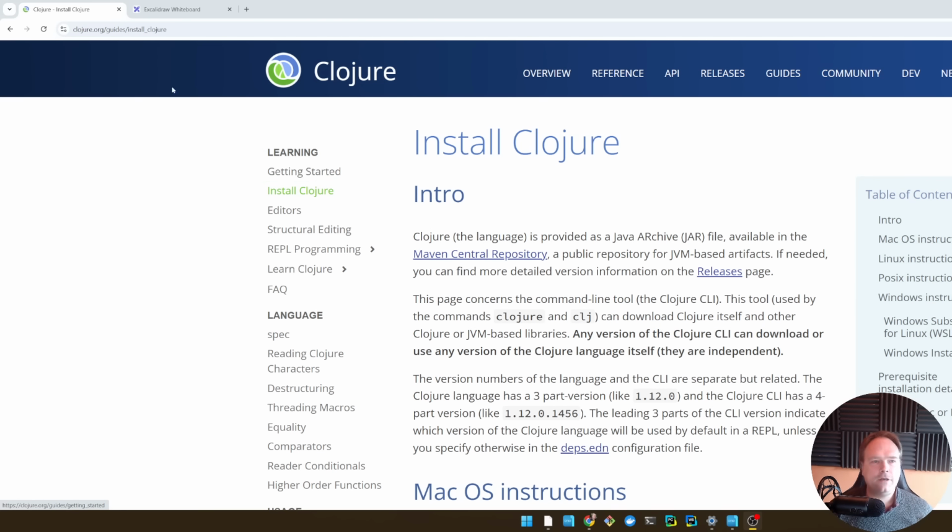Ladies and gentlemen, Clojure. It is a functional programming language. It's based on Lisp, and it is just a lot of fun and very cool to use. And you can actually create any application in Clojure. And yeah, if you want to see why you should use Clojure,